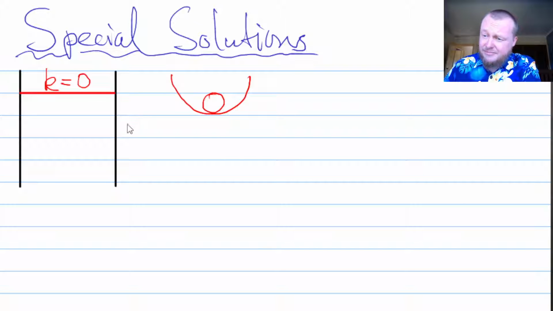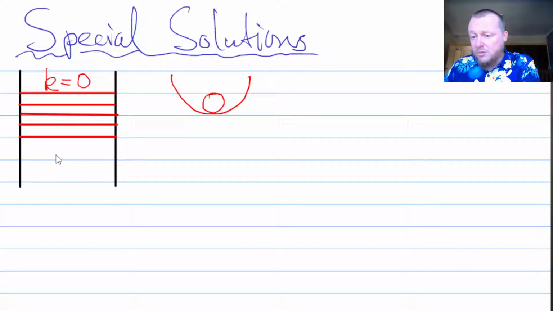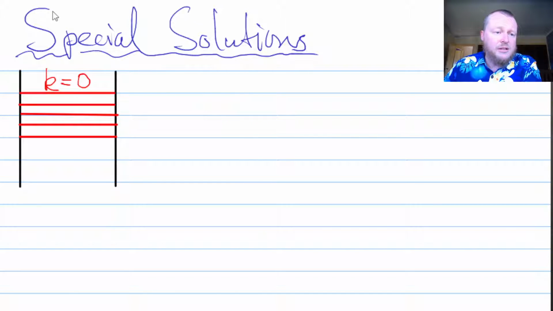Okay, but that is a little bit wrong. Because there's another line here, and there's another line here, and there's one here too. And in fact, we have a continuum of horizontal lines. And so there are many, many, many equilibria, and they're very close to each other. So it's a bit like, now my drawing skills may fail me, but this is a little bit like the situation where you might have